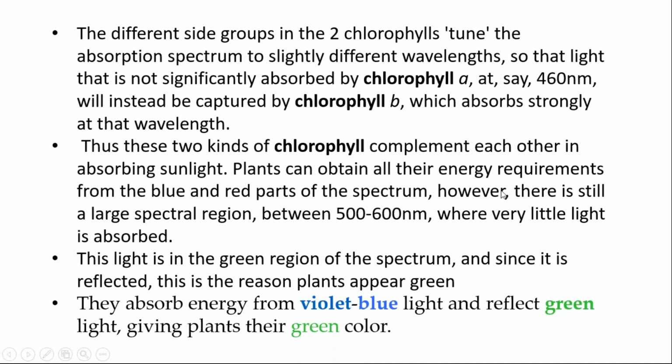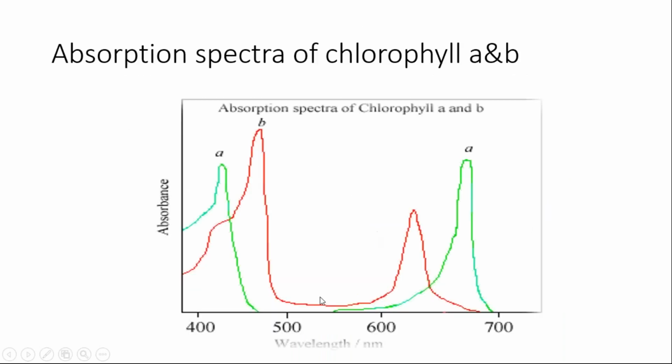Here you also see that in the spectral region between 500 to 600, very little light is absorbed. Neither chlorophyll A nor chlorophyll B absorbs any of the visible light from the